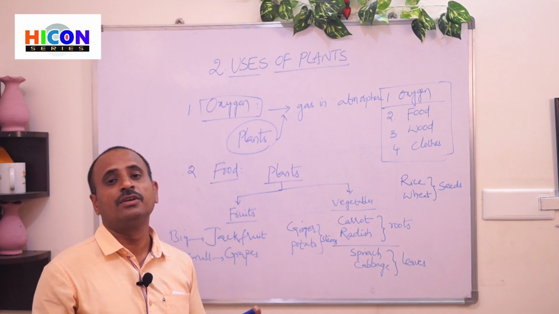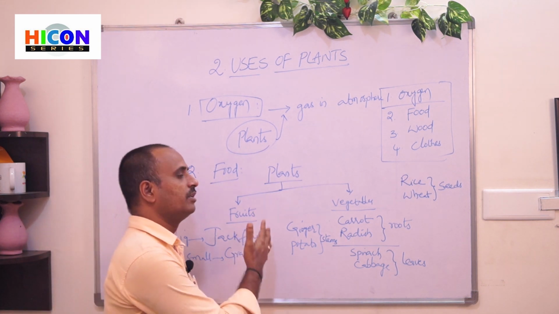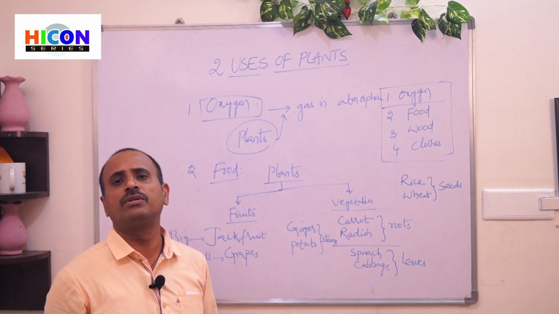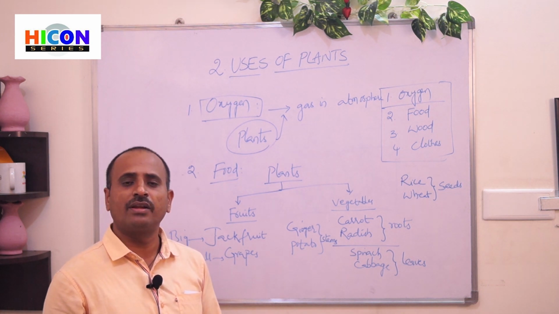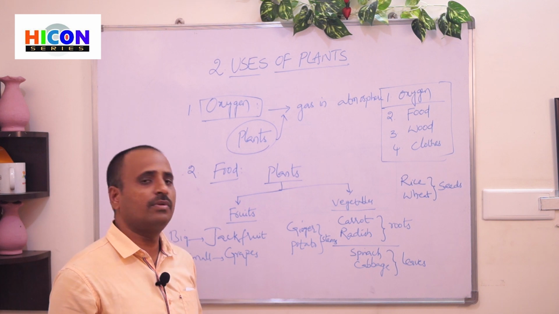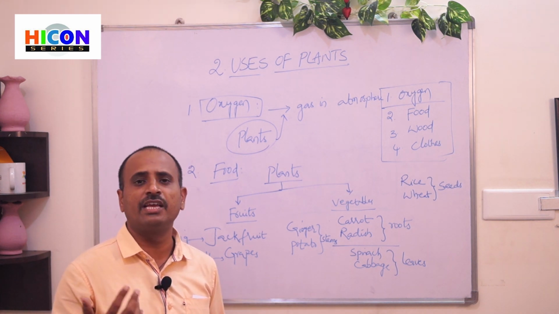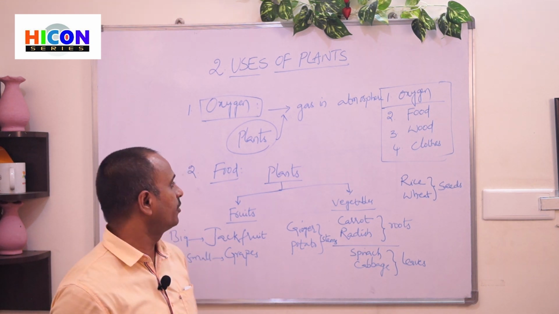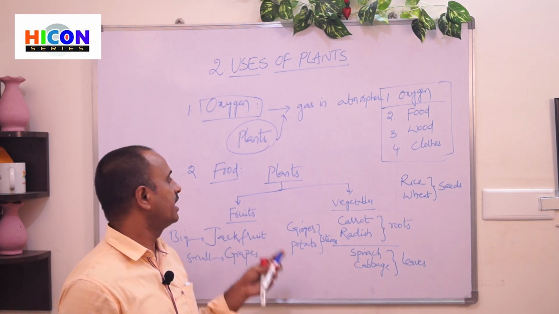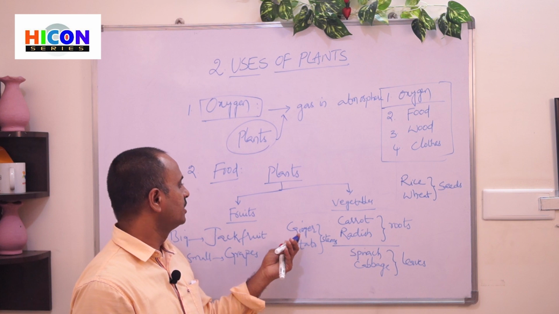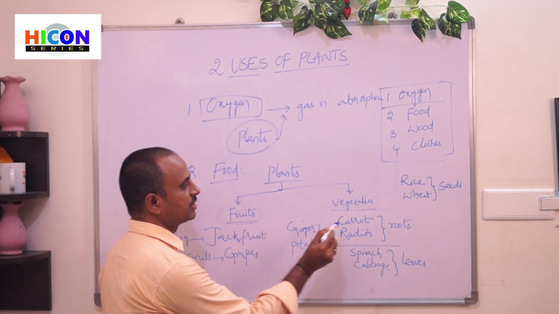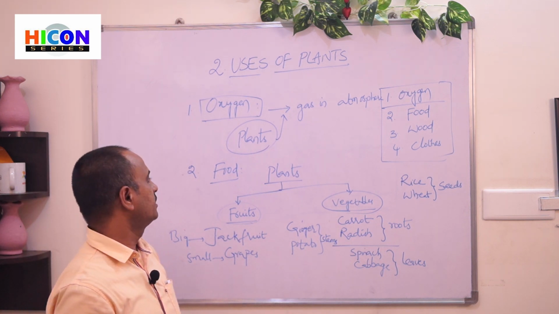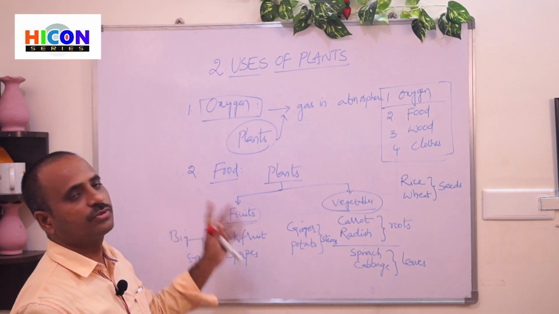which will give strength for our body. Because of this food, we are able to do so many daily life activities. We are able to walk, lift objects, and write. We can perform different types of activities in our daily life only when we have energy. So from where do we get energy? We are getting energy from the food. And where do we get food? We are getting food from the plants. From the plants, we get different types of fruits and vegetables, and these are taken in our food items. So this is about food, and this is one use of the plant.